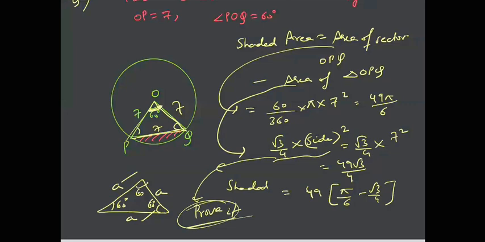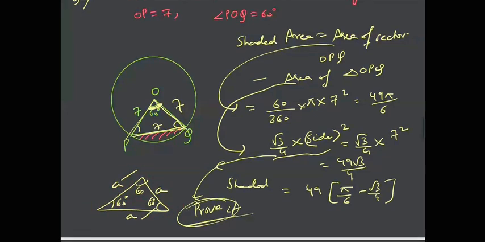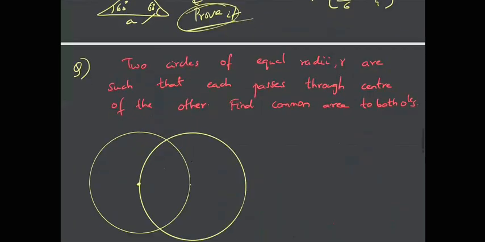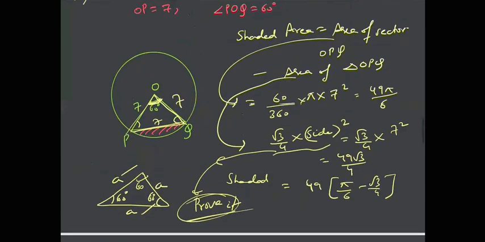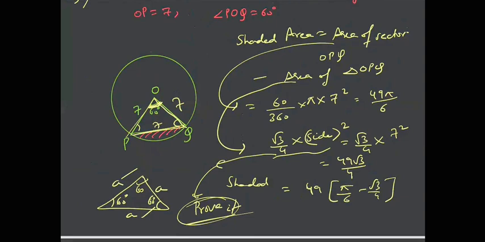The thing is, if in any triangle there are two sides of equal length and the included angle is 60 degrees, then the third side will also be equal to one of these two sides and the triangle would be equilateral. Why is this true? You just think about it, or we will deal with this when we learn trigonometry. Fine, so let us move forward. Okay, just copy it down quickly. 30 seconds to copy it down.